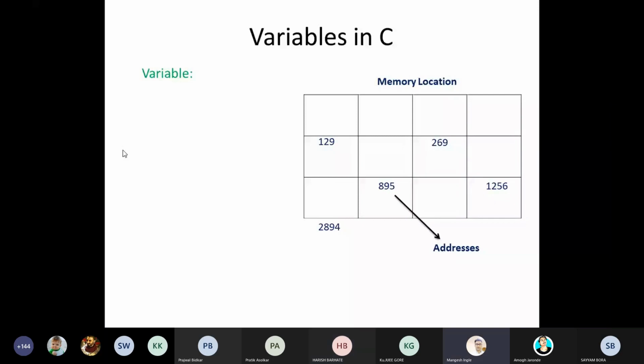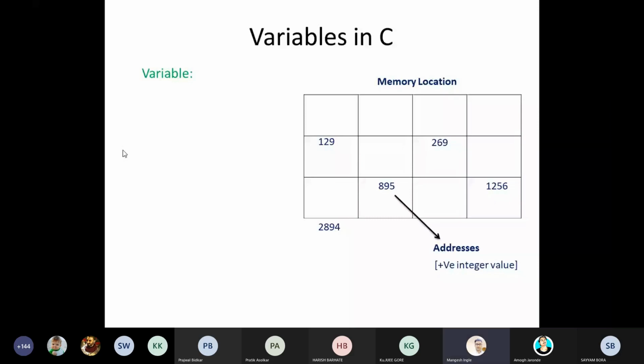It can be referred to as an address. We know the general meaning of address. Address means referring to something which can be found there, like your home address, your college address, your department address, or your class address. You can compare the general concept with that. So a memory location is called an address, and you can find addresses everywhere. It will be a positive integer value. So you cannot find values like -1256, -298, or 2894 here. The address will always be a positive integer value.